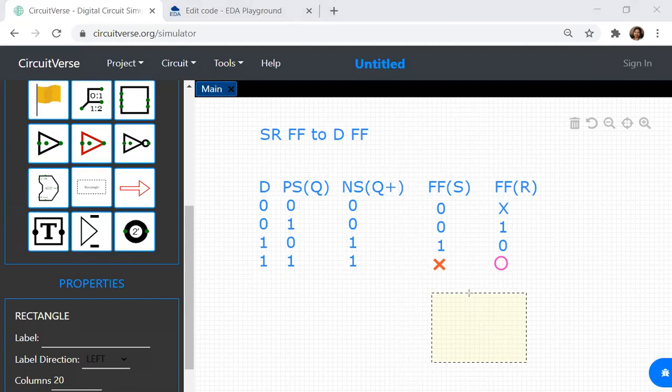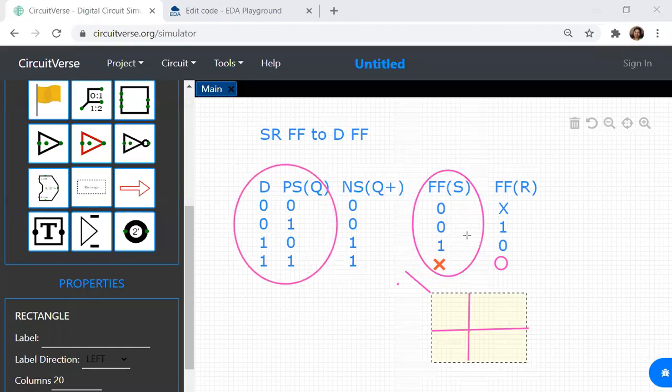So if I write the K-map for S, this is equal to S on one side. The K-map for S is written in terms of input. Output is S, input is what? D. So output is S, input is D. This is the K-map I have to write for this value. These are my inputs and that will be my output. So when I write the K-map,